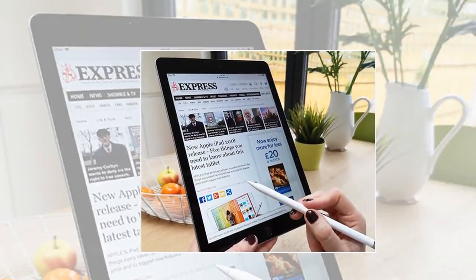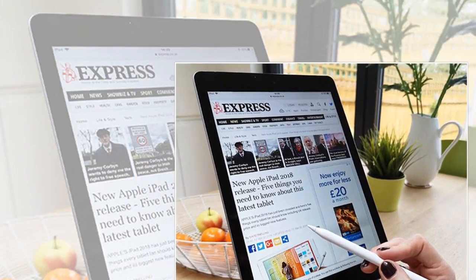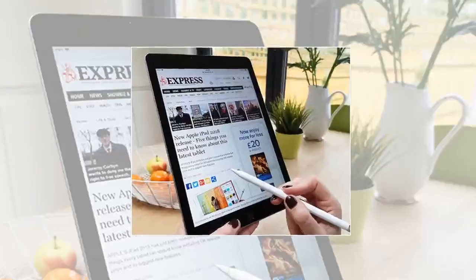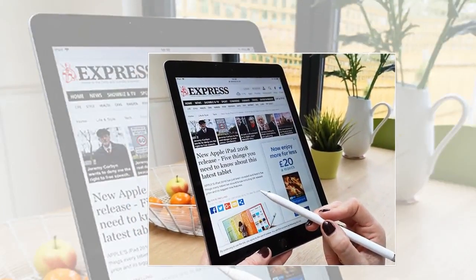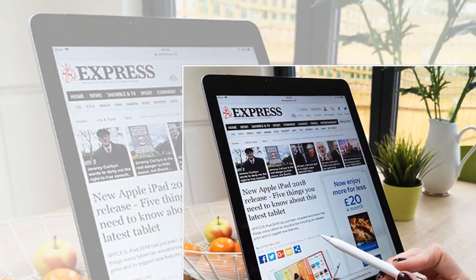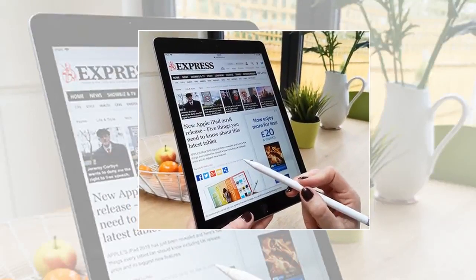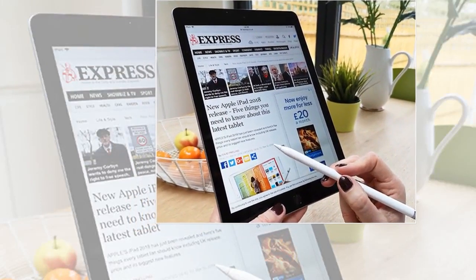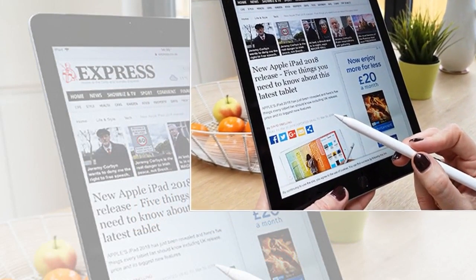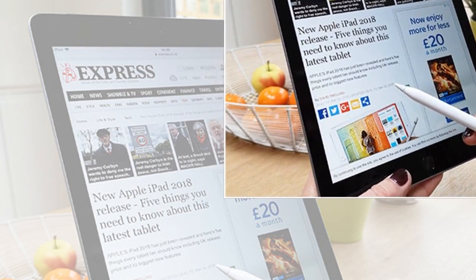Spending a bit extra on the cellular model means you'll get access to the brilliant Apple SIM, which allows you to connect to local mobile networks anywhere in the world. This not only means your iPad gets online across the globe without needing Wi-Fi, but often saves money, especially when traveling to countries such as the US. On a recent test in California, we were able to get 5 GB of data, which lasts for 6 months, for $10, £7. Our UK operator wanted £4 per day for a measly 500